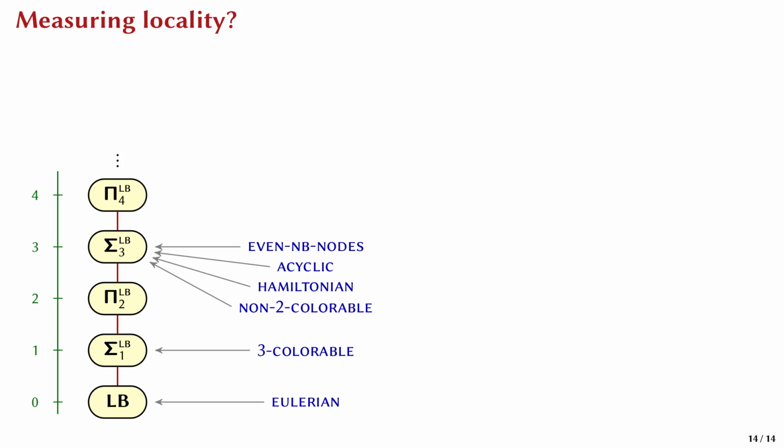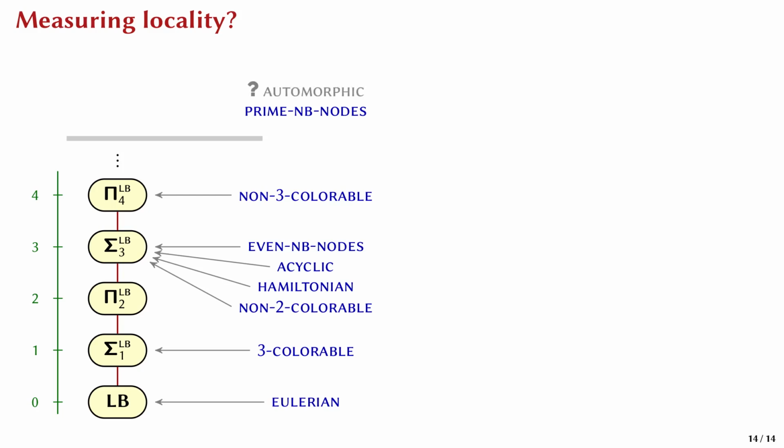And this technique generalizes to the higher levels as well. For instance, since we know that 3-colorability is at level 1, we immediately know that non-3-colorability lies at most at level 4. And I also mentioned that some properties lie outside the hierarchy. I proved this for cardinality-dependent properties like having a prime number of nodes, and I suspect that the same proof could be adapted for other properties like having a non-trivial automorphism. By this I mean an isomorphism of the graph to itself that is not the identity function. But I haven't done this formally, so it's just a conjecture.